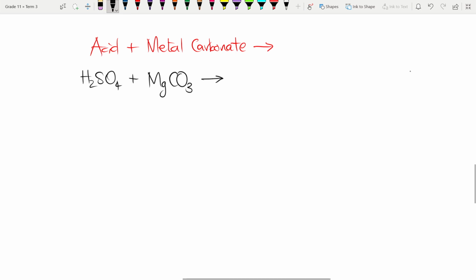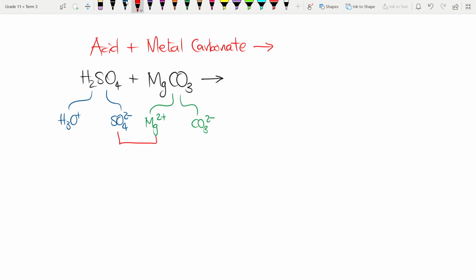So Mg, okay, let me actually show how this breaks down. They are all aqueous solutions. This one is going to break into H3O plus and SO4 2 minus. MgCO3 is going to break into Mg 2 plus and CO3 2 minus. Then Mg is going to match with that. So we're going to have MgSO4, that's our salt, very standard, plus water is going to be there, but now we